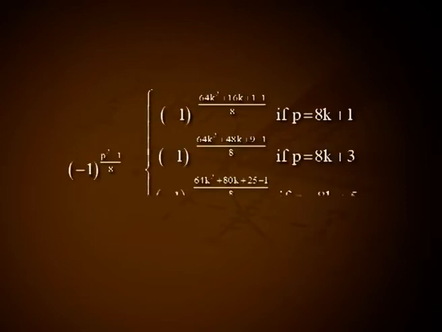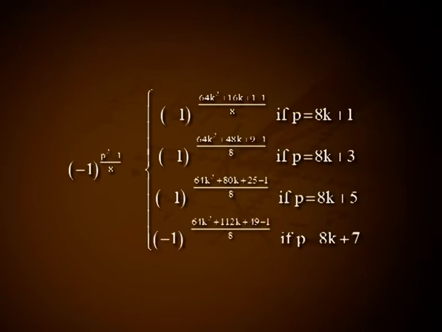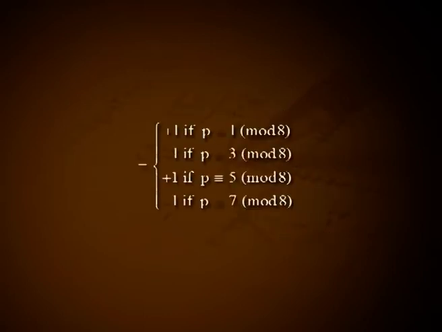Now, (-1)^((p²-1)/8) is equal to (-1)^((64k²+16k+1-1)/8) if p = 8k+1, which is equal to (-1)^((64k²+48k+9-1)/8) if p = 8k+3, which is equal to (-1)^((64k²+80k+25-1)/8) if p = 8k+5, which is equal to (-1)^((64k²+112k+49-1)/8) if p = 8k+7, which is equal to